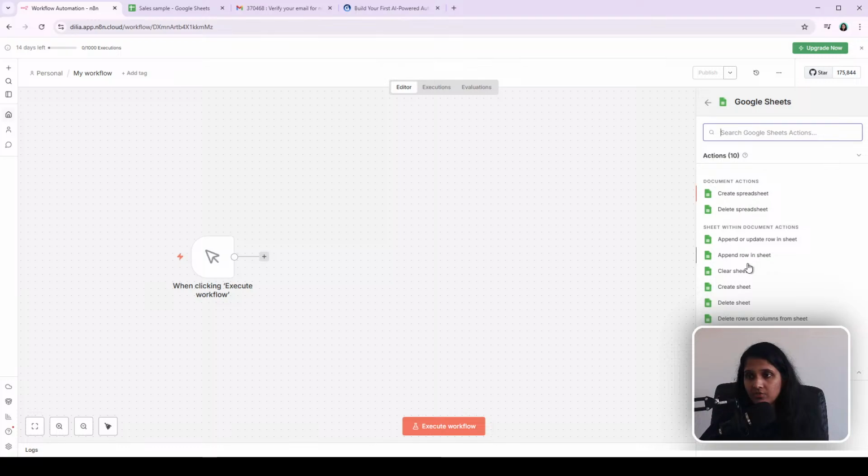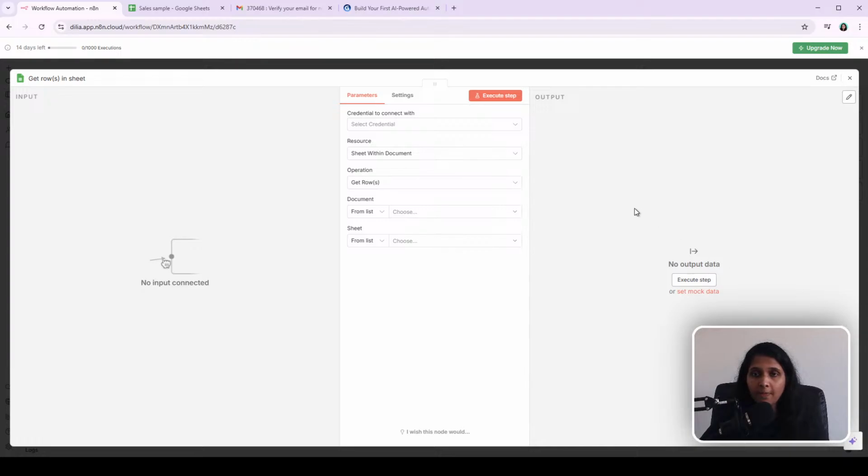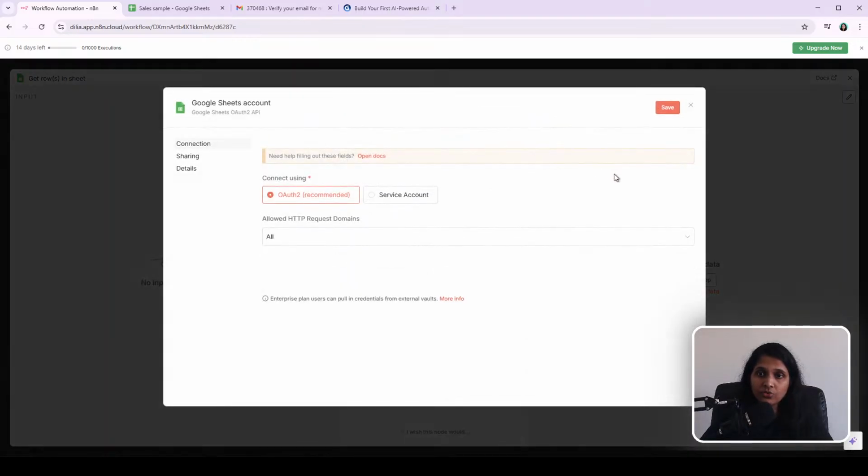So there are different options here. You can create a spreadsheet, delete, append, or clear the whole sheet. What we want to do is get the rows of the sheet. So when you first connect an application, you have to create your credentials. That means you connect to that particular application with your credentials or login details. Luckily here we have Google Auth